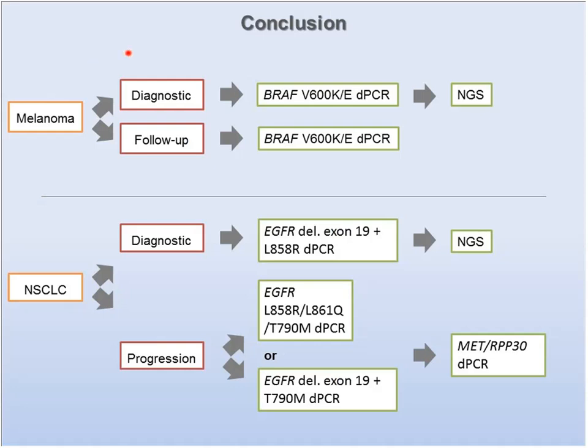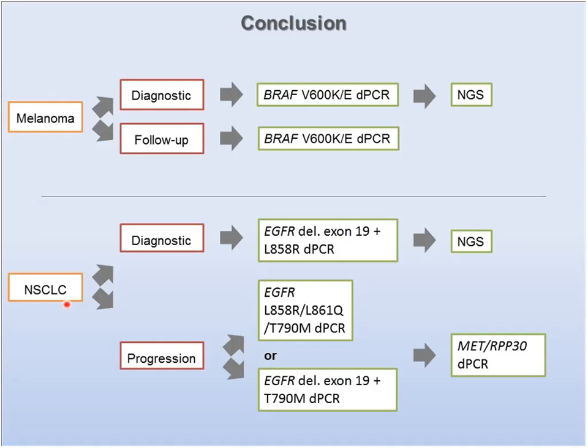So as you see, for melanoma, in the context of diagnostic or follow-up, we perform the testing of BRAF, but in the context of diagnostic, we also perform high-throughput sequencing if we do not detect a BRAF mutation, in order to detect mutations in other genes implicated in the MAP kinase